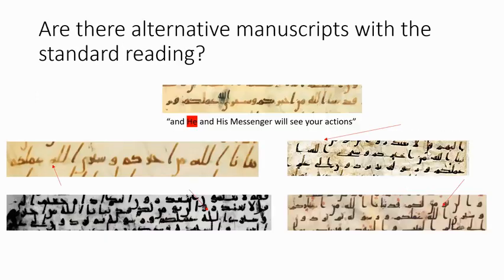And a very important thing, which I think Brubaker does not mention at all, is the question: are there alternative manuscripts with the standard reading? Do you think this is an important question to ask when you're dealing with manuscript variants? Absolutely, you have to look at the full spectrum to see what's going on. Usually Brubaker does not tell us which manuscripts have the standard reading, which ones don't. And it's important because what if this variant is repeated in another manuscript? Then that would suggest that it's not just a scribal error. It might suggest that we're actually dealing with a legitimate variant. So looking at other manuscripts could actually support Brubaker.